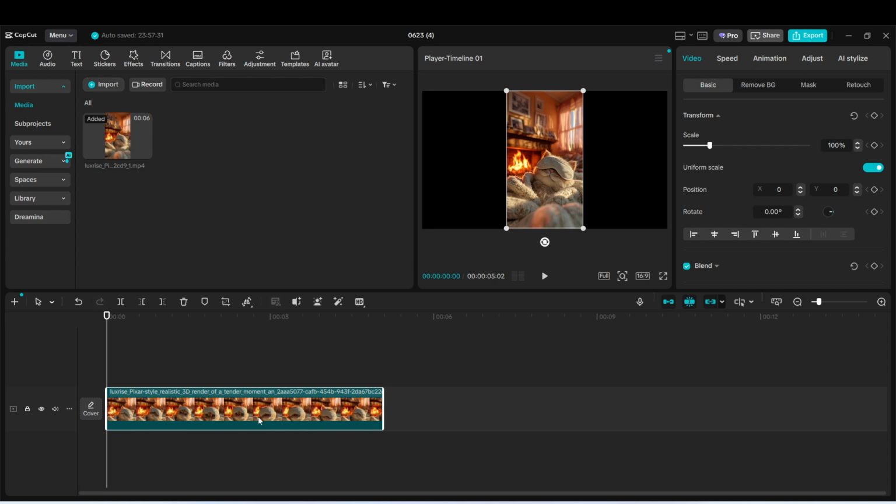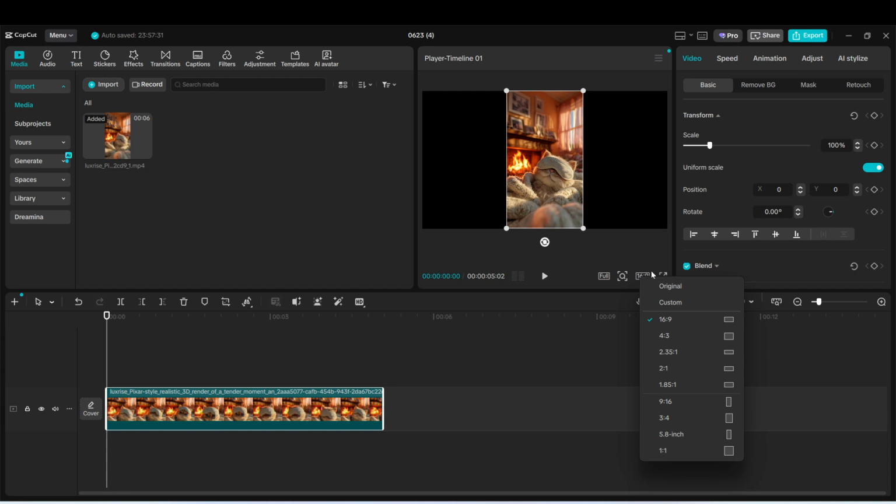Once everything is ready, look below the preview window and locate the ratio button. This is the control that lets you change the shape and dimensions of your project canvas. Click on Ratio, and then wait for the Aspect Ratio menu to open. When the menu appears, take a moment to review the available aspect ratio options. CapCut usually provides several common formats for different platforms, so it's helpful to choose carefully based on where your video